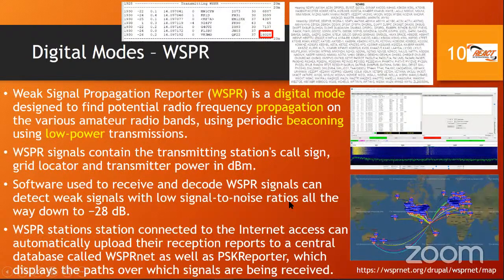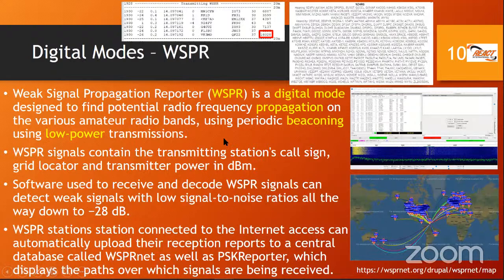Yet another digital mode. And what did we say a digital mode is? We use a computer to connect to a radio. So again, WSPR, Whisper, is Weak Signal Propagation Reporter. It's a digital mode, and it is used to find potential propagation opportunities on the various